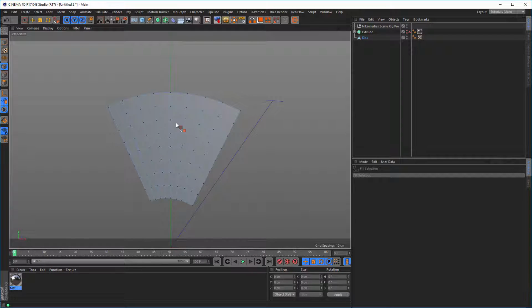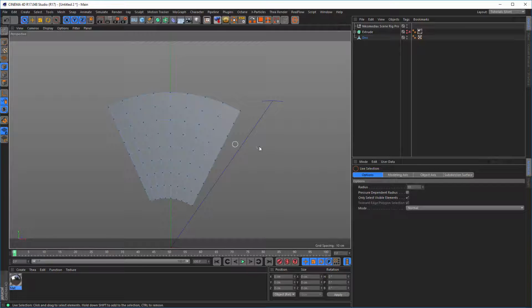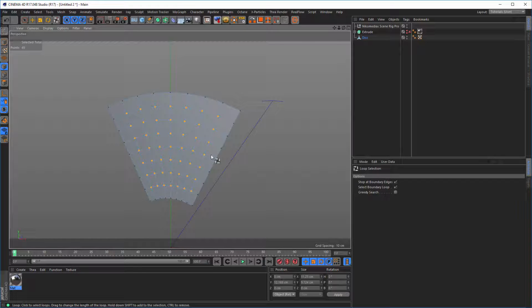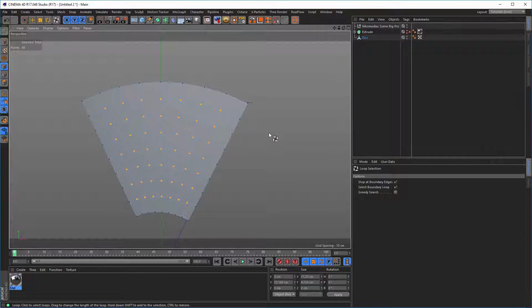And with this shape in the point mode we select all points, so Control A on the keyboard, UL for a loop selection, but I don't want this loop, I need stop at boundary edges and select boundary loop, and with the Control key I can subtract these points. Now I have just these points that I want to be holes. So now MS for a